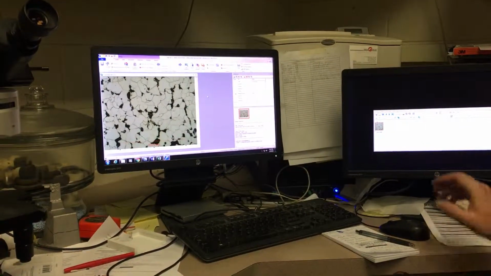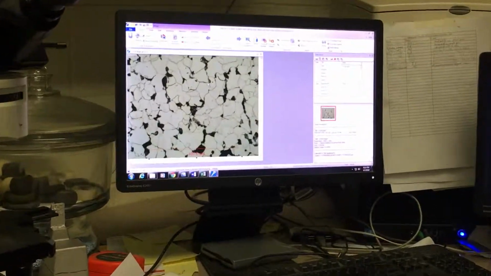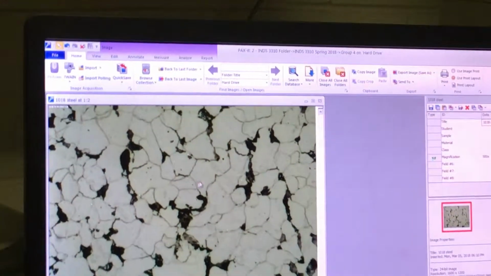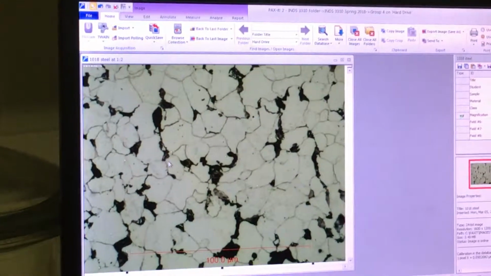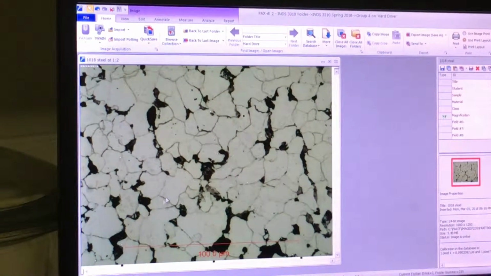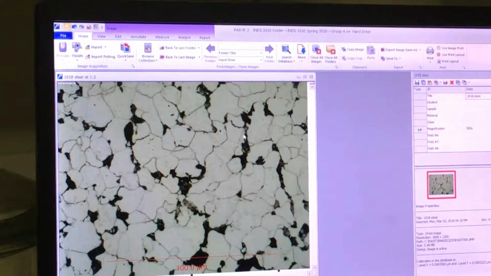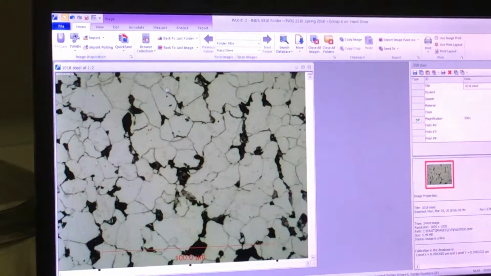This next segment is going to be on how to measure the amount of ferrite and pearlite in your structure. So right now we have a pretty good microstructure. Again, this was at 500x. You can see the dark areas are pearlite and the light areas are ferrite, and then there are some grain boundaries in here. And so what we're going to do is try to use the